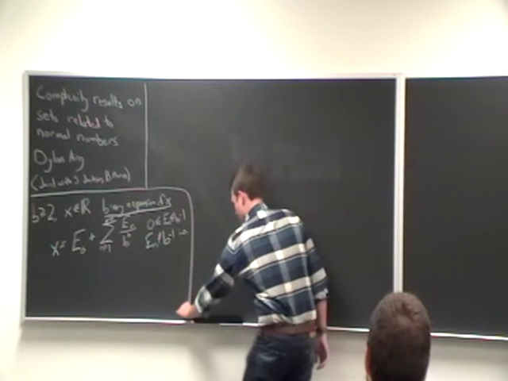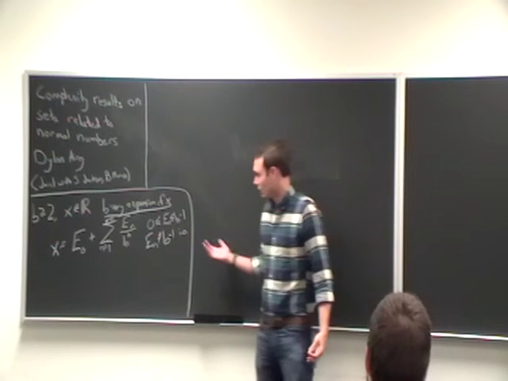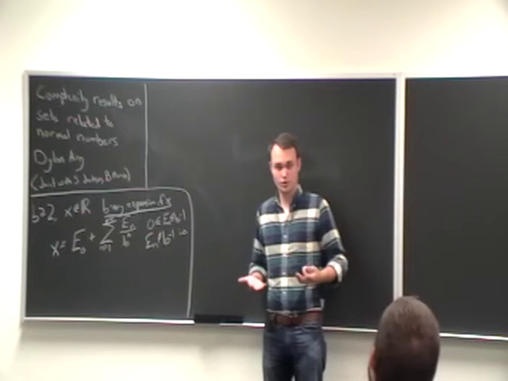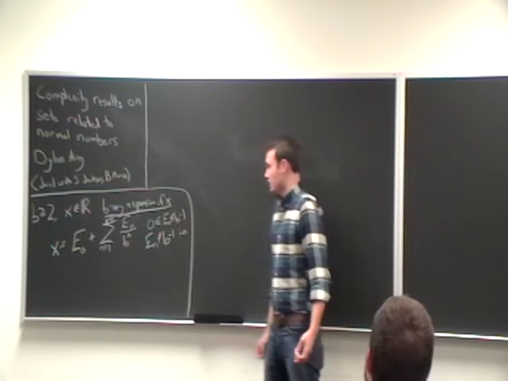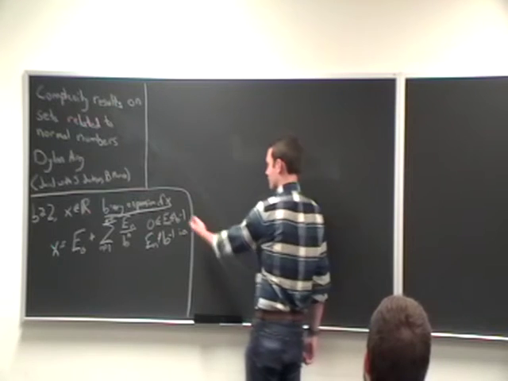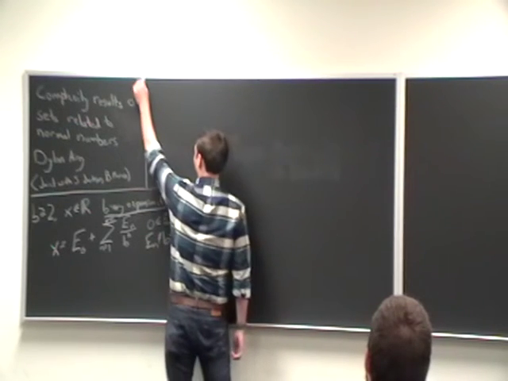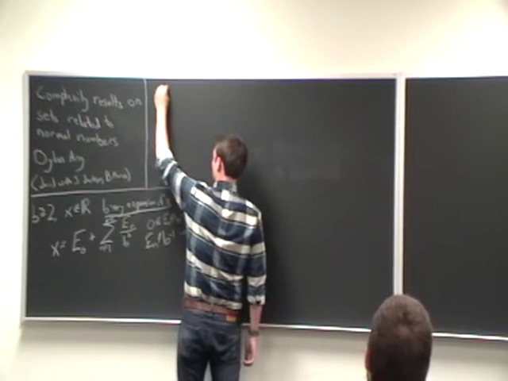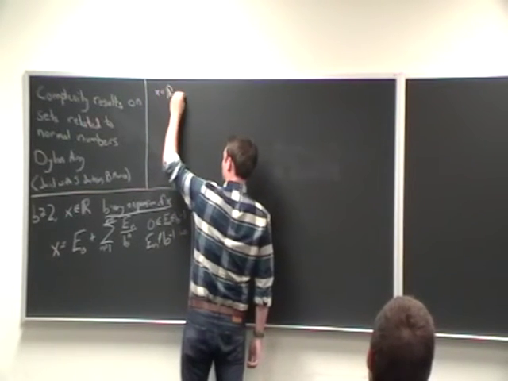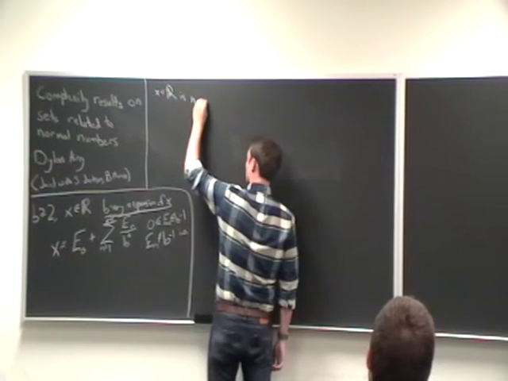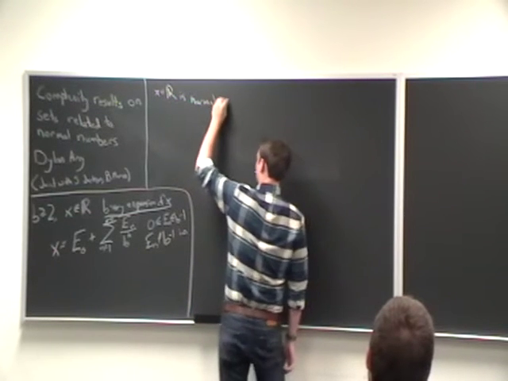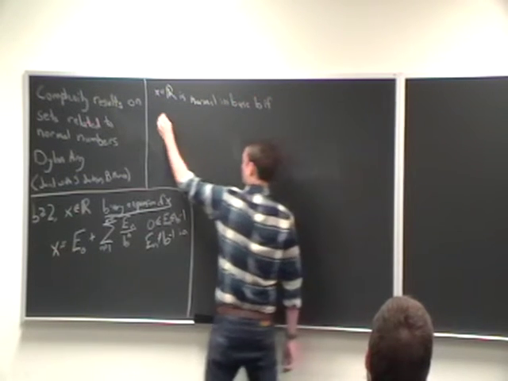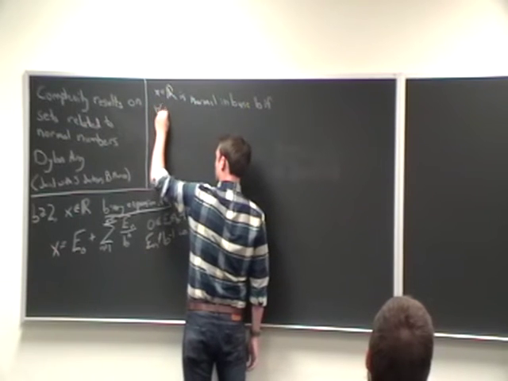So one natural question to ask is, what does a typical expansion look like? If you draw x from the Lebesgue measure on the unit interval, what does its B-ary expansion look like? And this leads us to the notion of what's called a normal number. So we say that x in the real line is normal in base B if for every block of digits